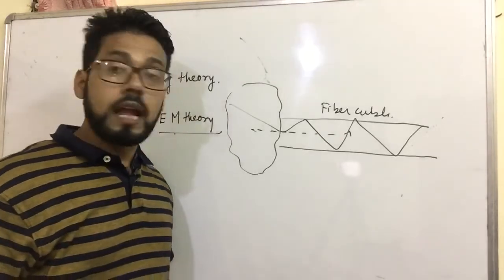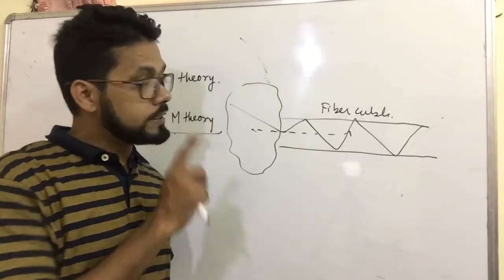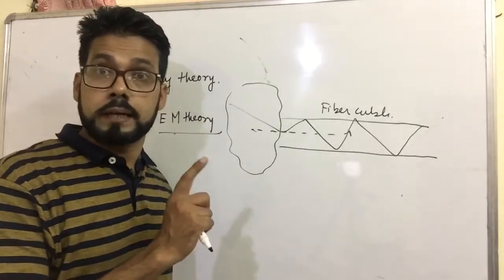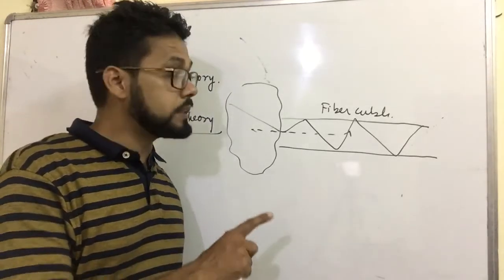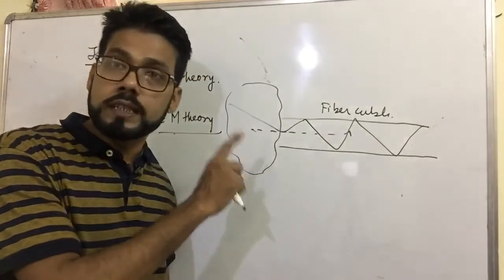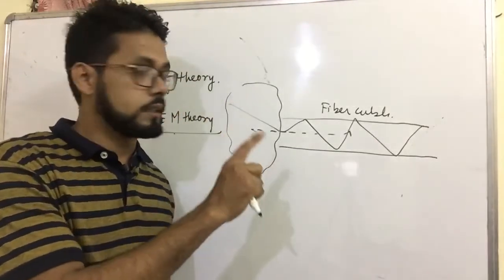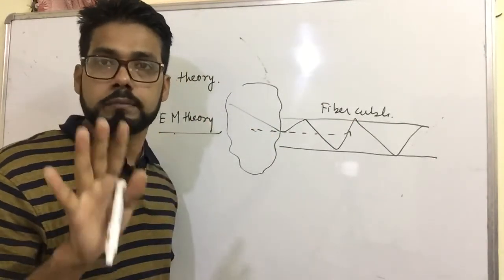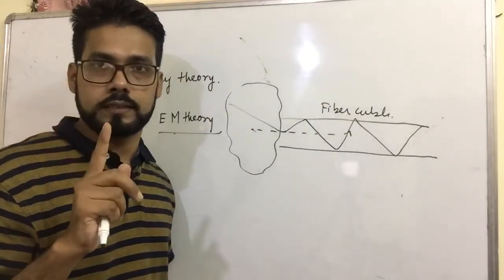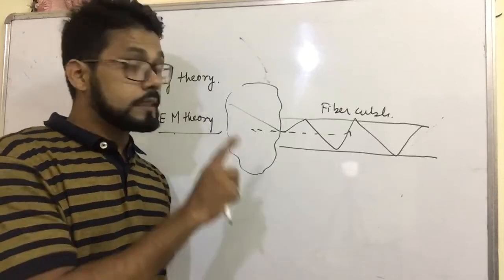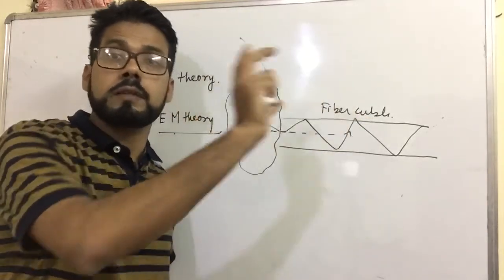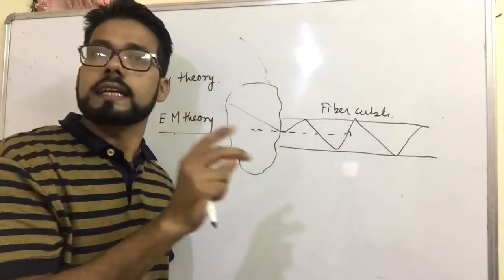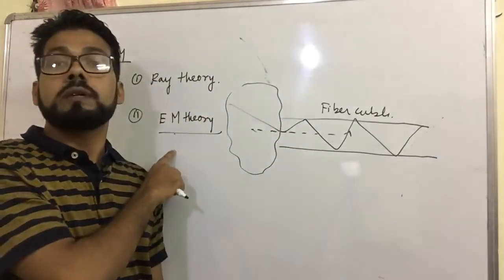However, nonetheless, this ray theory cannot explain the internal mechanism. Internal mechanism means how the optical signal or electromagnetic radiation is transmitted through the fiber optic cable; this cannot be explained by ray theory. Number one. This behavior of the electromagnetic wave inside the cable